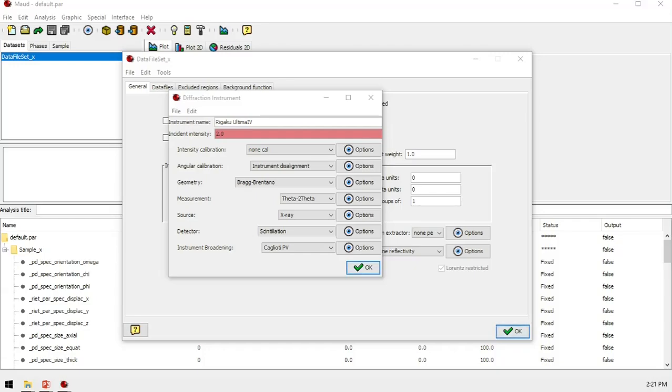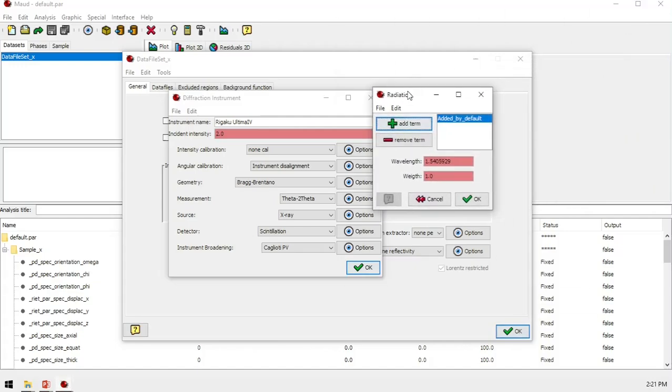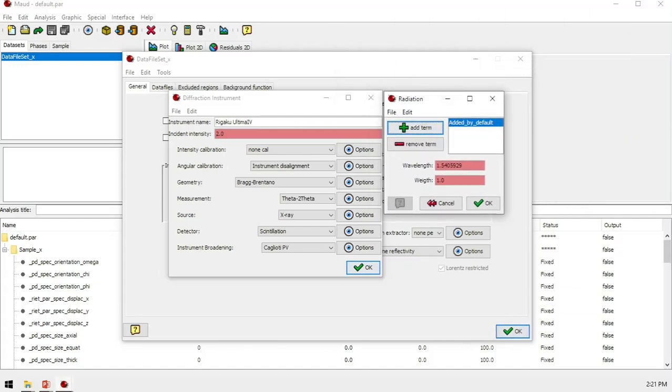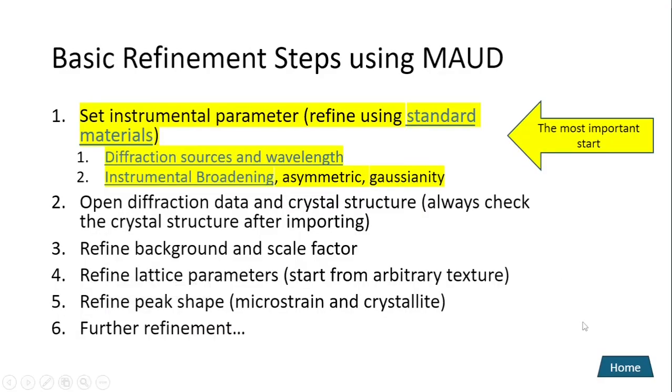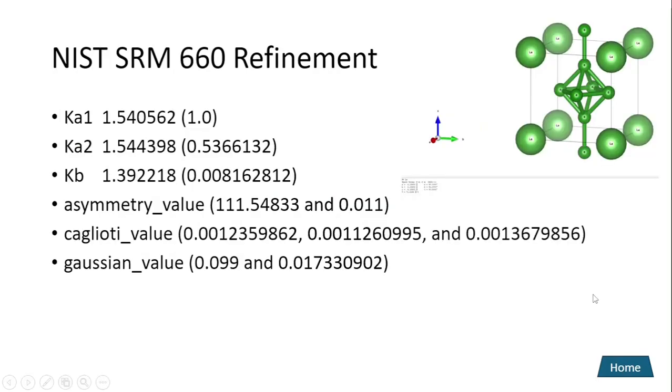To do it, we will select the X-ray source and then press the option, and you will obtain this window. Okay, and then to fill the wavelength, I have prepared a slide, and we can jump to this refinement.